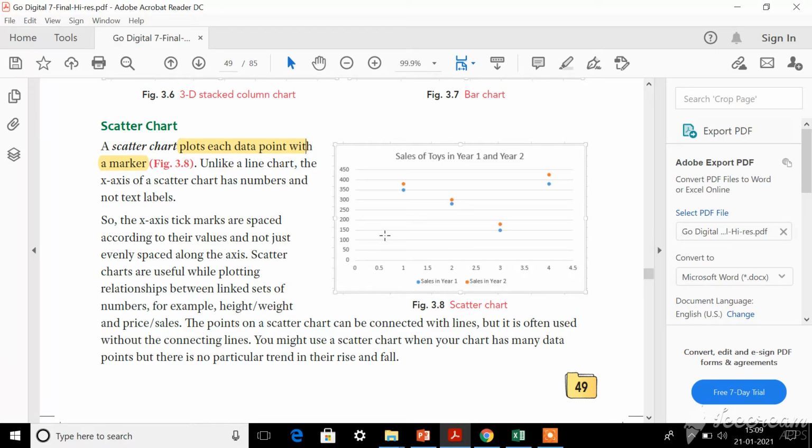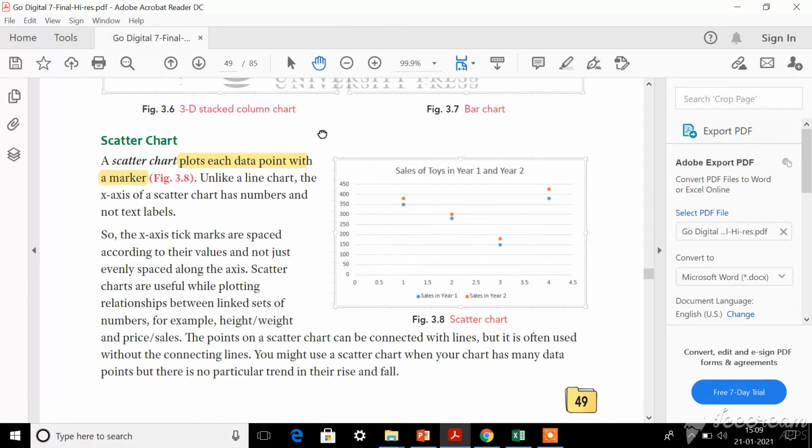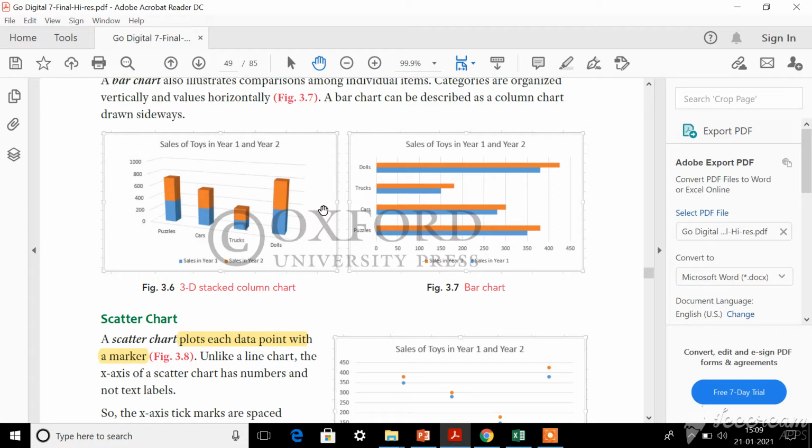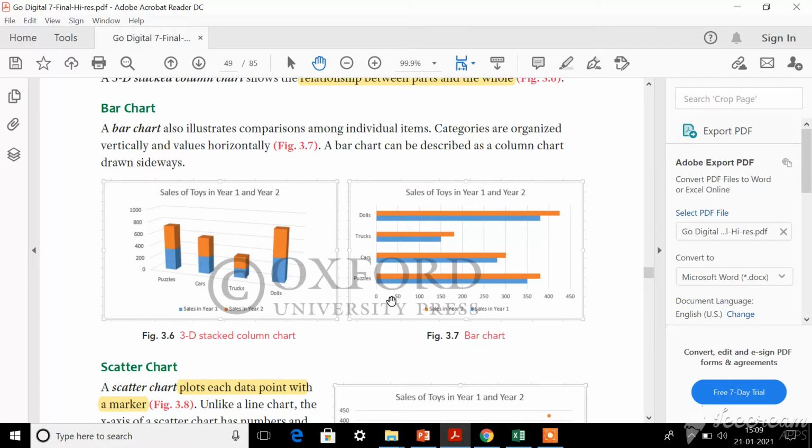And you can see one more thing, that in both x and y axis you can see only numerical values. Unlike other charts, in other charts, if in x-axis you can see values, in y-axis you can see the categories, and if in x-axis you see categories, in y-axis you will be seeing values.